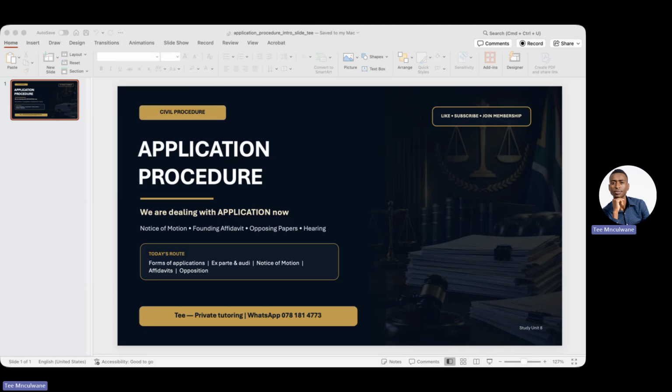Now let's move on to the notice of motion and supporting affidavits. So now this is like the heart of the application procedure, the notice of motion. If application proceedings are a vehicle, then the notice of motion is the steering wheel, right? It tells everyone where the application is going. A notice of motion is the document that tells the respondent and the court what order the applicant wants. In all civil courts, right? An application is generally brought by notice of motion supported by affidavits.